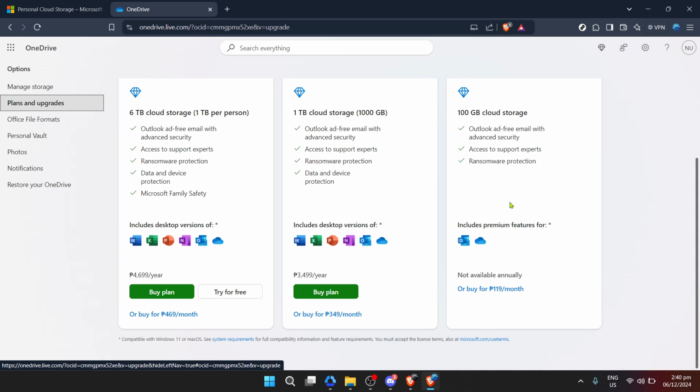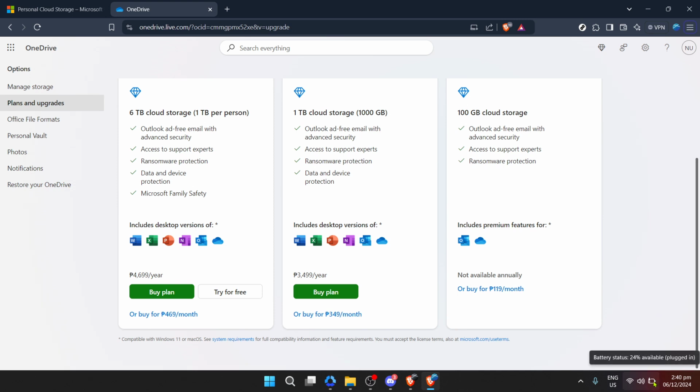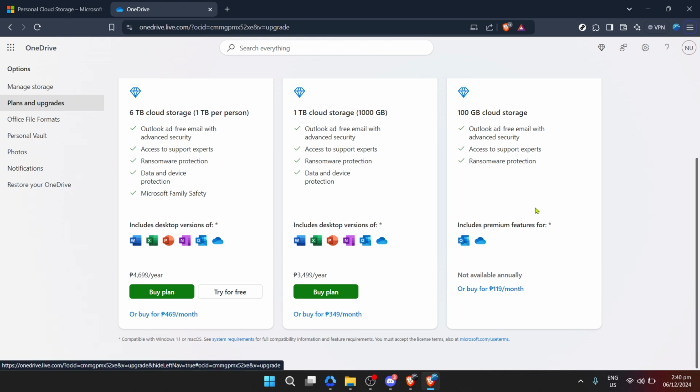Remember, you can always adjust your plan in the future, either by upgrading to more space or downgrading if you find you're not using as much as you anticipated. Microsoft's flexibility in managing these plans is a significant benefit for users. Finally, do keep an eye on your storage usage over time. Regularly checking in can help you make the most of your space, organize your files better, and ensure that you're always covered for your storage needs.